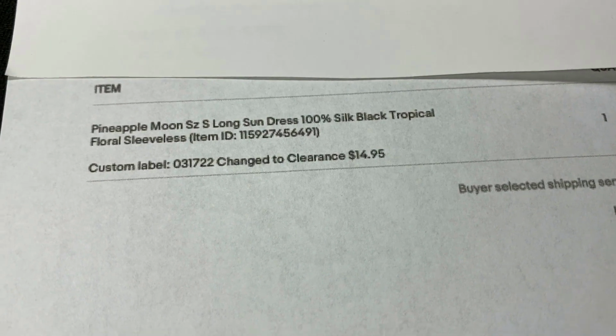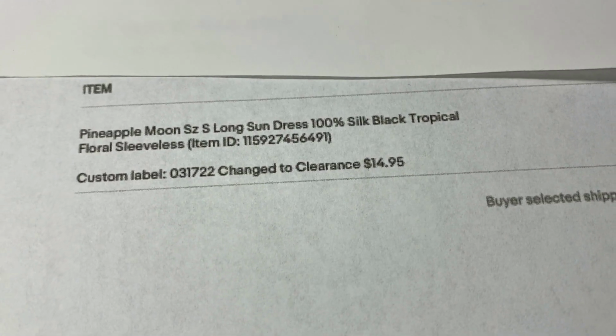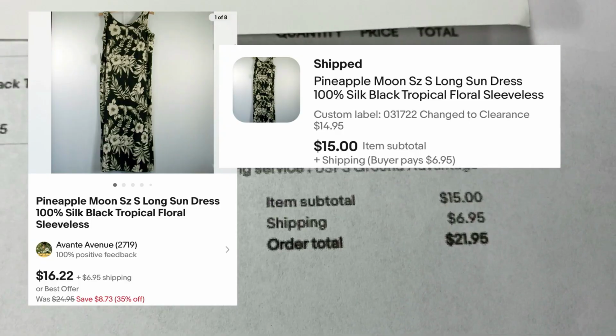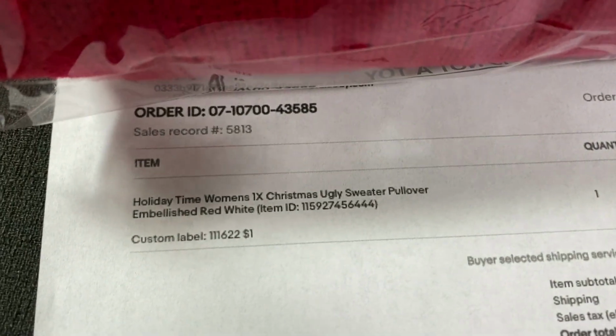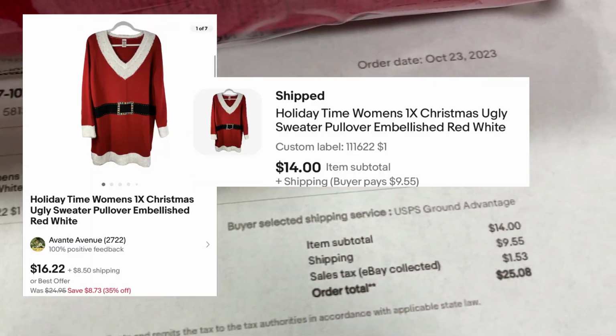Sold a dress that's been listed for quite a while. Pineapple Moon, it's new with tag, silk dress. It's sold on offer for $15. Sold a Christmas sweater. The brand is Holiday Time from Walmart, paid $1 for it, and it's sold on offer